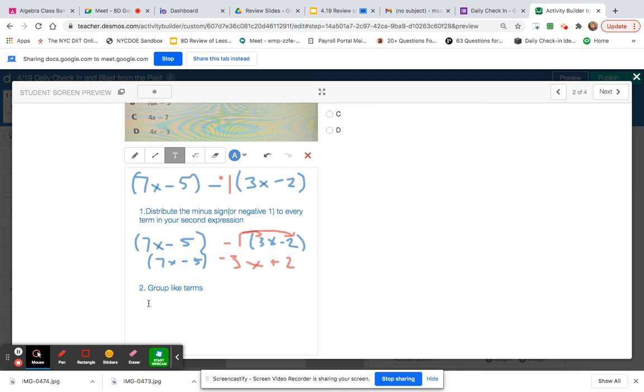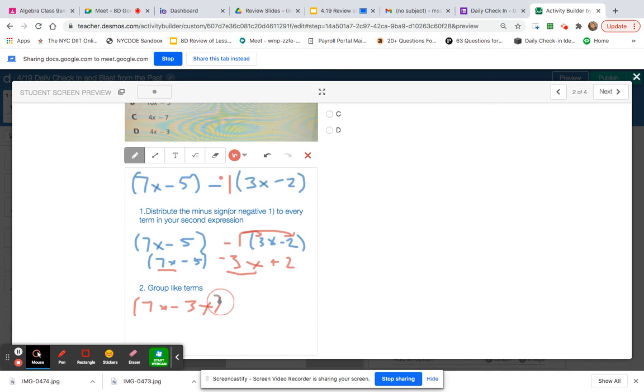So in this case, I have 7x and minus 3x. So I have 7x minus 3x, right? So I'm just going to underline those,